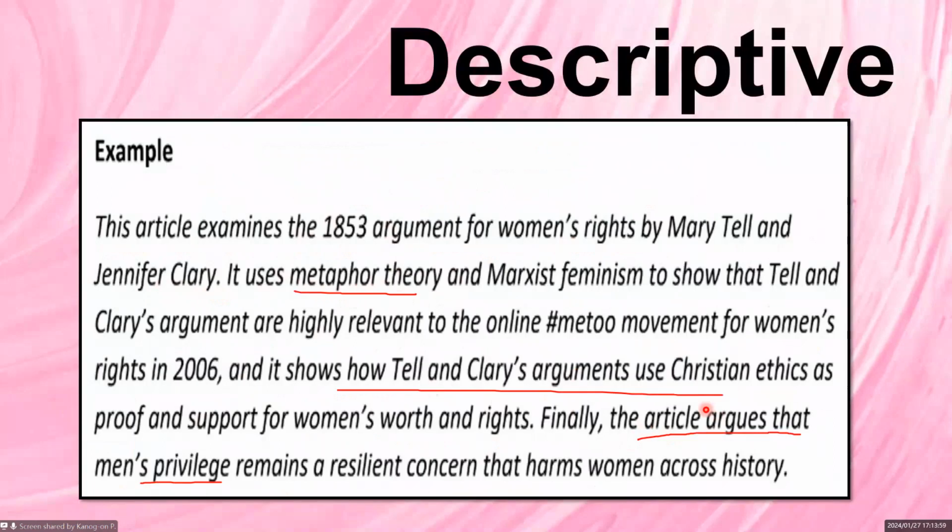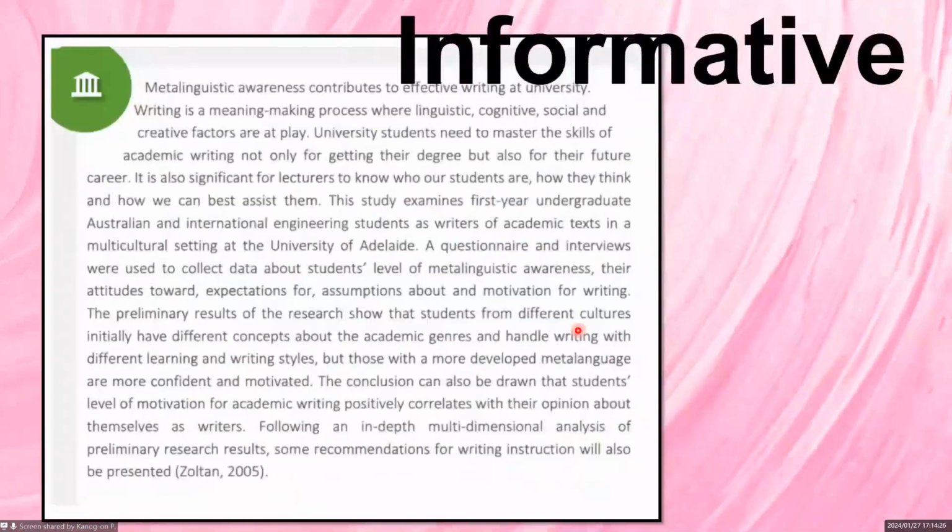Just if you want to study some of the theory, right? This might be used as descriptive in your article. Next part, how about informative? Informative will be something that we commonly use. So it will be quite a long paragraph here. So this will mention about